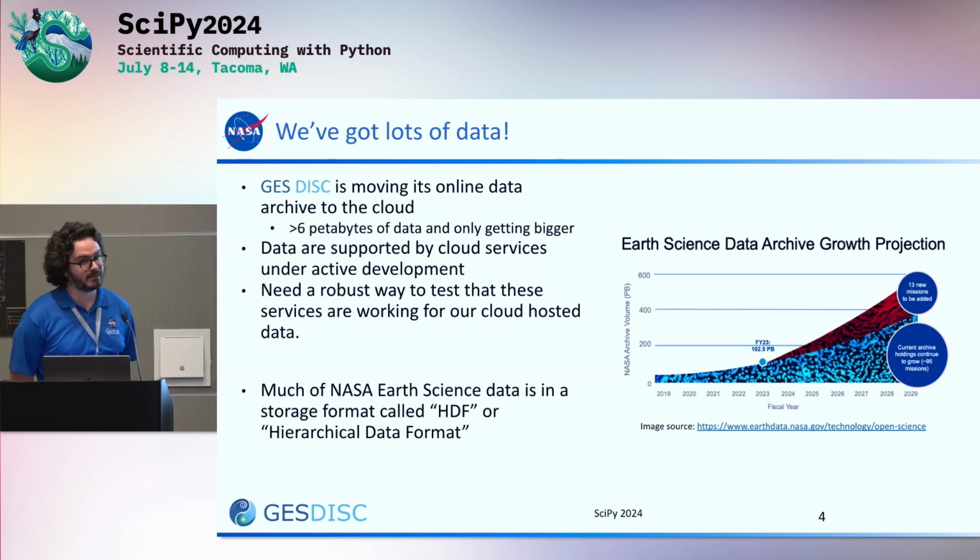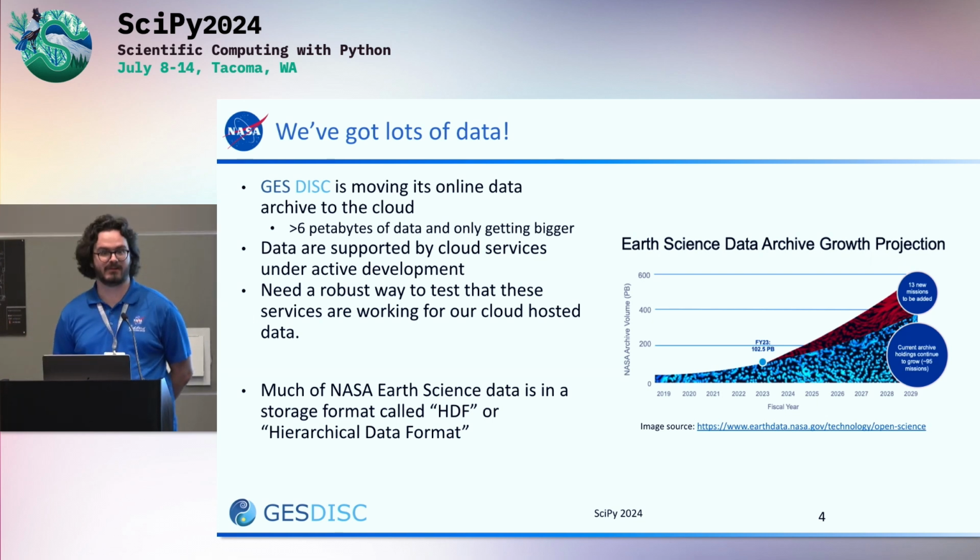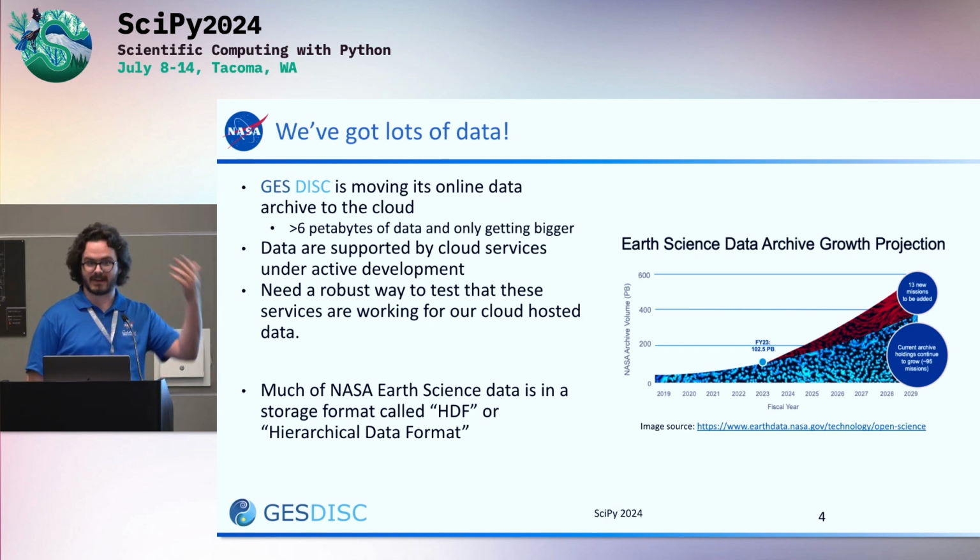So, a lot of this work is motivated by the fact that we are moving, along with all the other DACs, our data to the cloud. Our archives are totaling a bit over 6 petabytes at this moment. And moving these data to the cloud involves creating a set of unified cloud service code that will unify all of the DAC data together for us to be able to do things like give you, the public, spatial subsets, temporal subsets, stuff like that. And so in doing that, we need a robust way to create and test that these services are actually working for our cloud-hosted data. And so what I'm going to talk to you a little bit about today is a